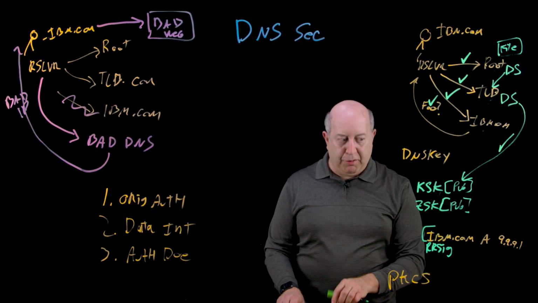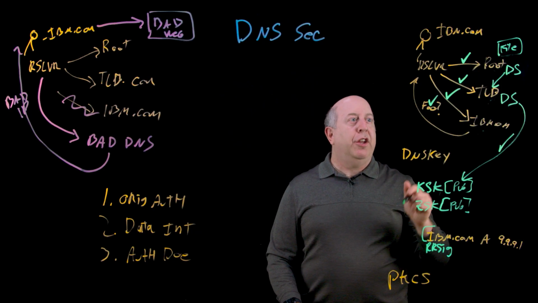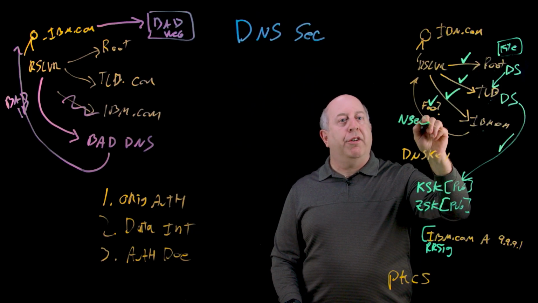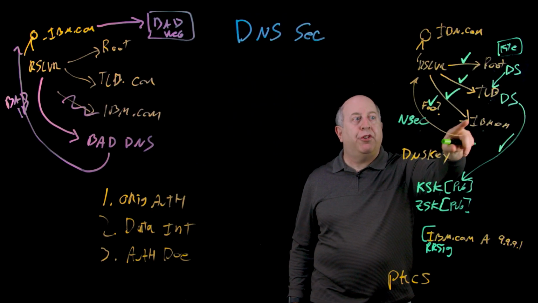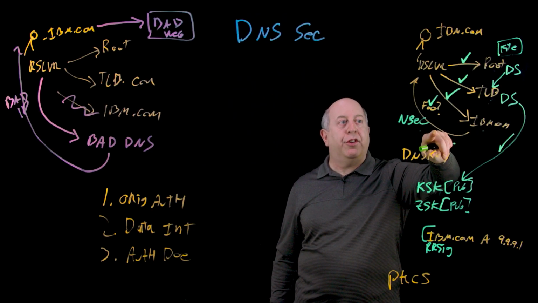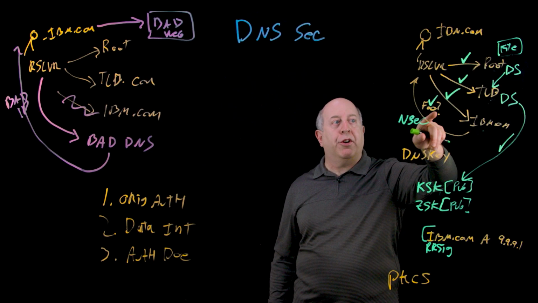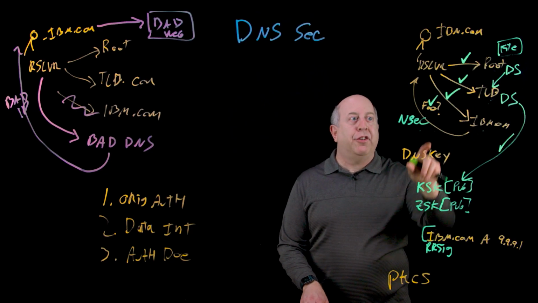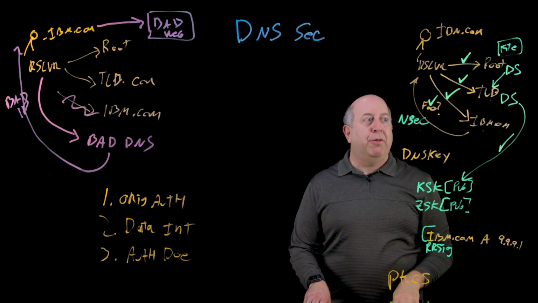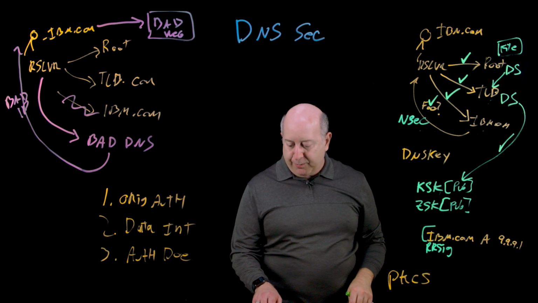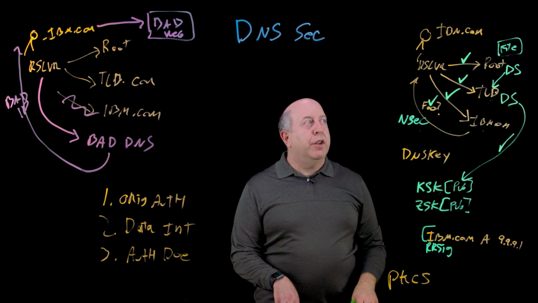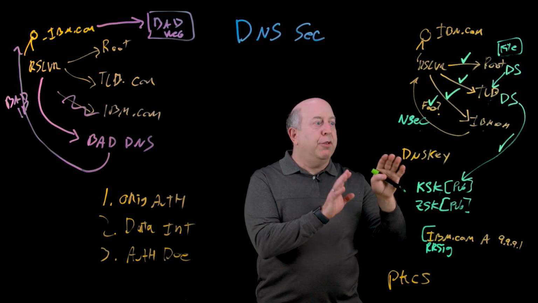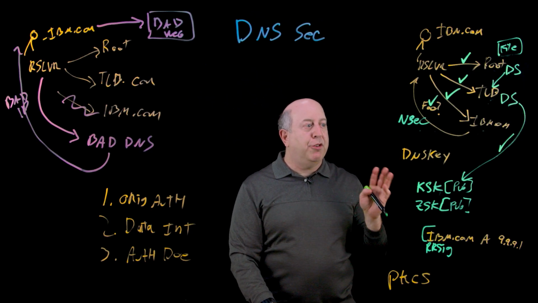One more record type that was created for DNSSEC is called the NSEC record, for Next Secure. The NSEC record is what's used for this authenticated denial of existence. It's the record type that's returned when the answer isn't known, and it validates that, yes, indeed, we don't have a record type named foo. So that's how DNSSEC works in detail. Those are all the new record types that you need to worry about.